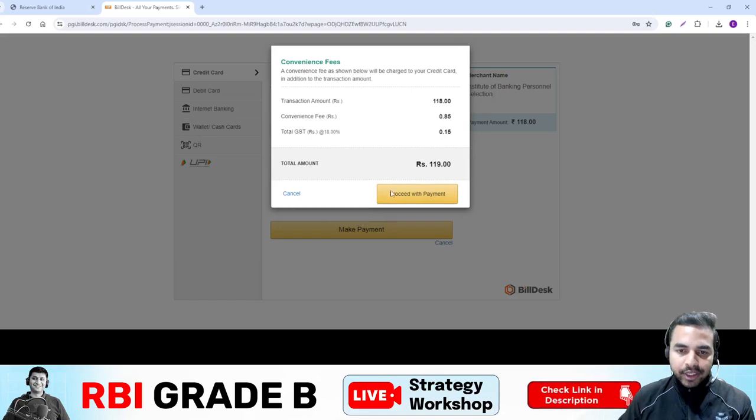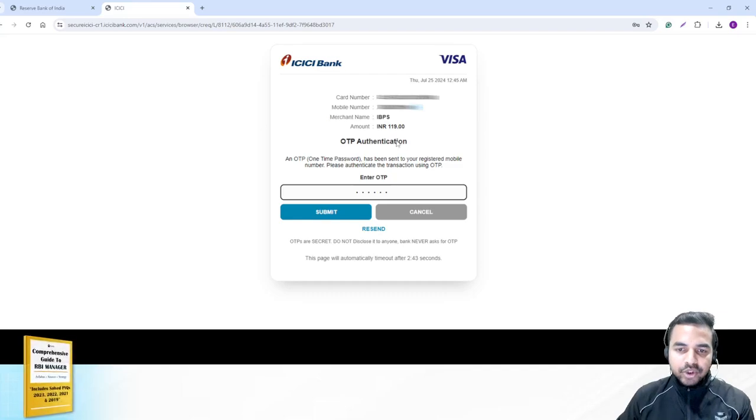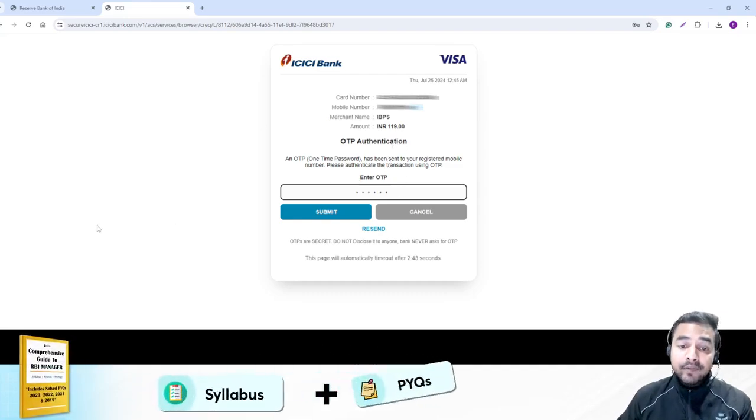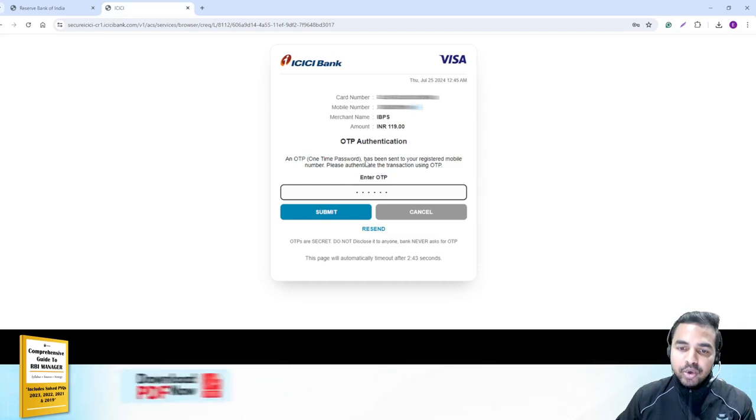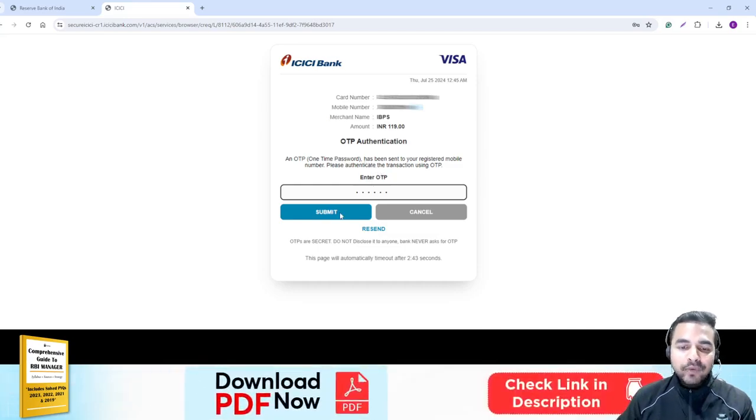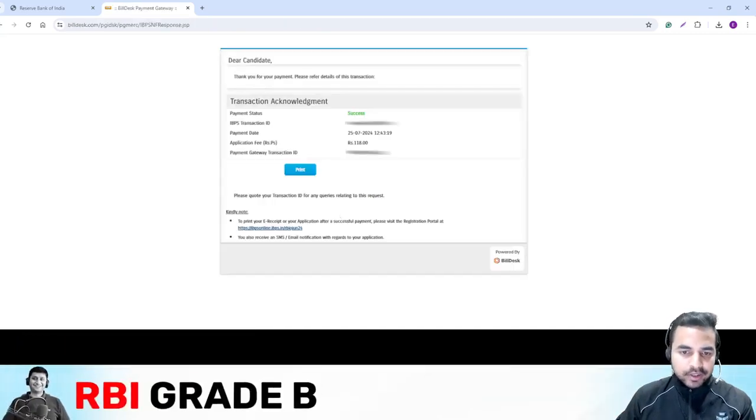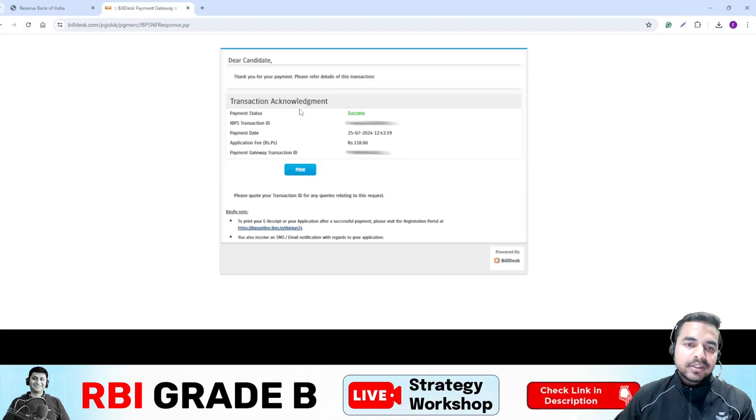After clicking on it, it is asking me whether to proceed with the payment, and I have clicked okay. Now this page will appear, and when this page appears, make sure that you are not clicking on any back button and you are not refreshing the page, because here you are just required to enter your OTP and click on submit, right? So I have done this. I have clicked on submit, and you can see that here I have got my payment page,